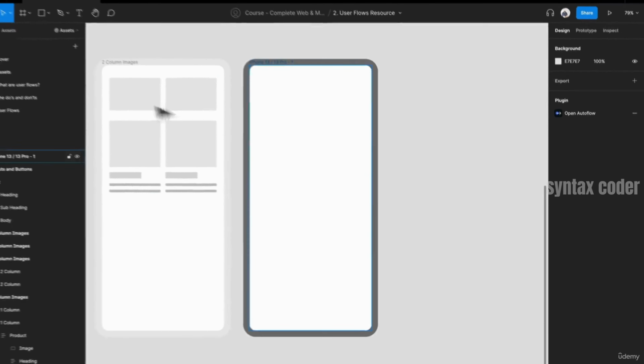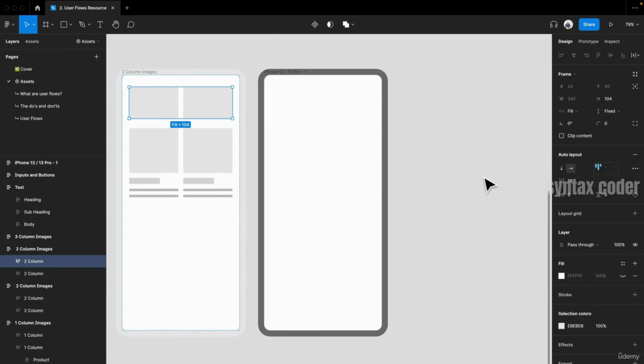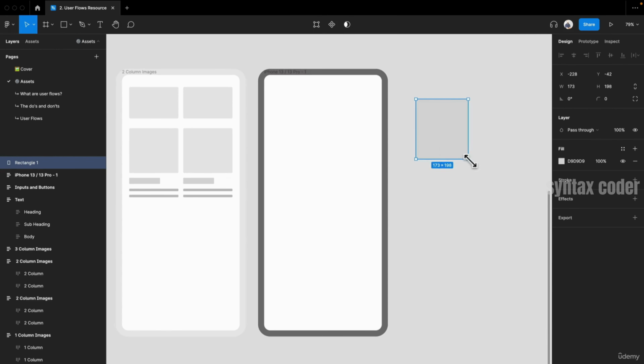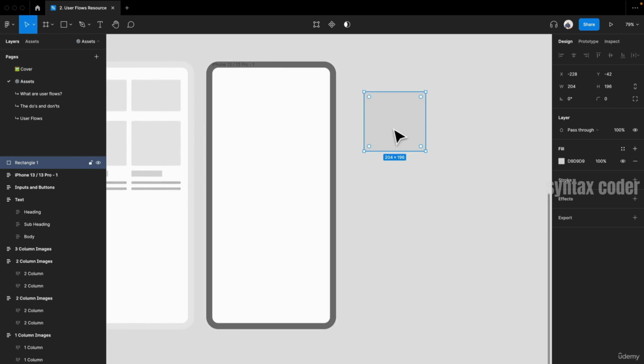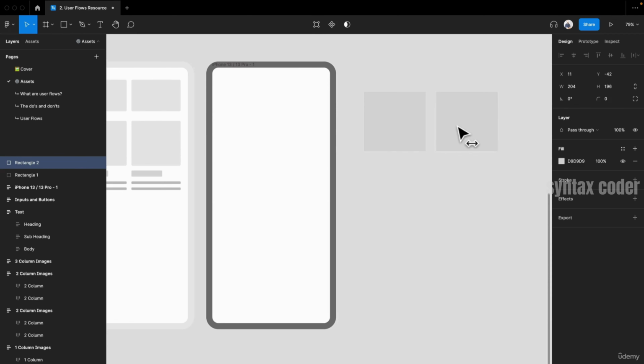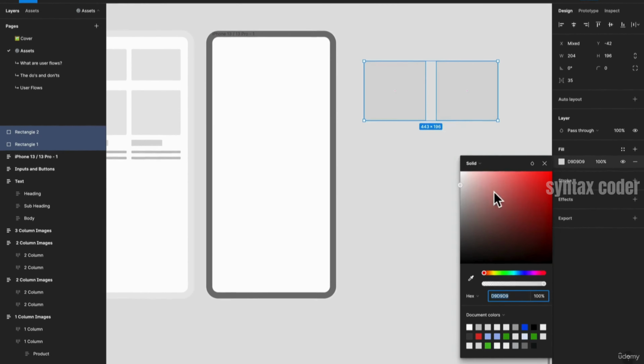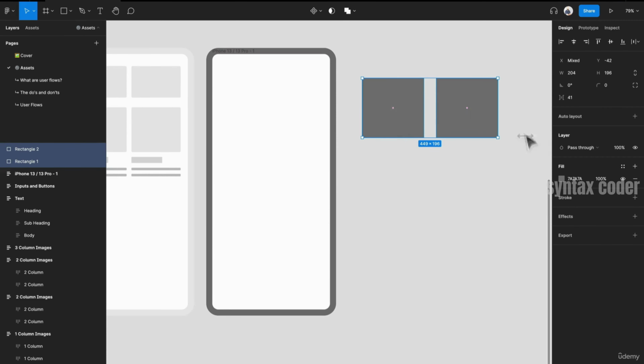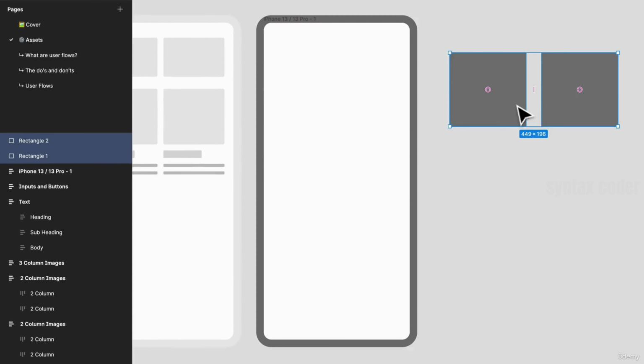Now for these little squares, what I did was I just created a square, and I used the rectangle tool, so you can go up here and get it, or you can just press R. So I'm going to use R, and it doesn't really matter for the size just yet. And I'm going to duplicate that by using the shortcut, which is Command D or Control D, and it's over here. We'll make this a little bit darker so that way we can see. So now we have two blocks, and we can use things like this as imagery, and we can group that into a frame,